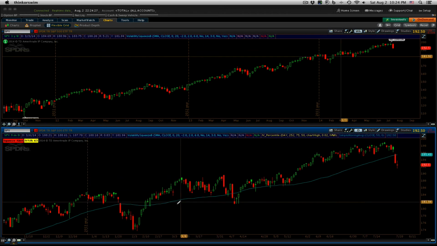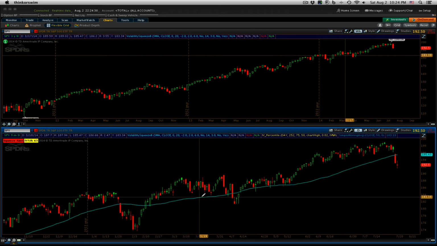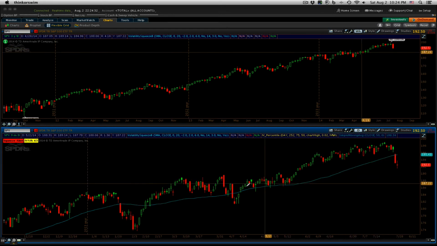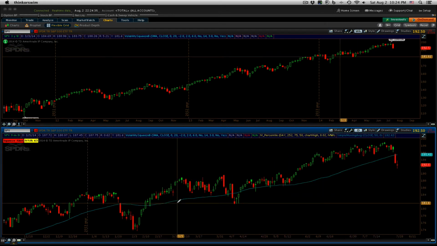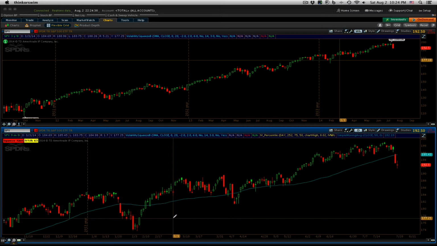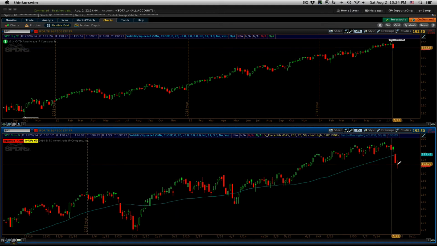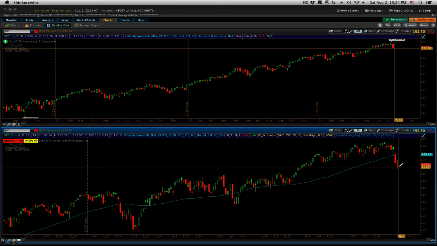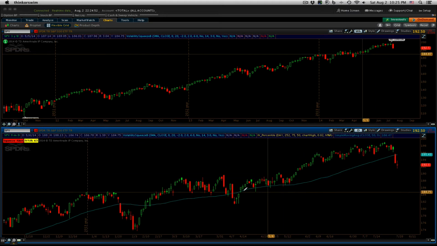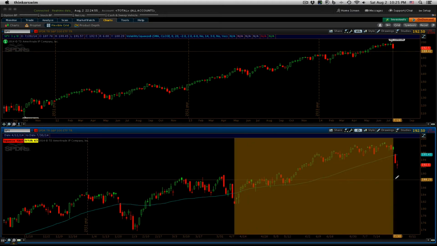And then the only other thing I want you to look at on here is this bluish green line that runs right through here. This is called a 50-day moving average, meaning that it is the average price of the stock over the last 50 days. So if you were to take, at this point today on 8/1, or actually 8/2, 8/1 being the last trading day, the last 50 days, wherever that winds up being, maybe it's this area here, then that price is the average closing price of the last 50 days. I know that may be a little bit